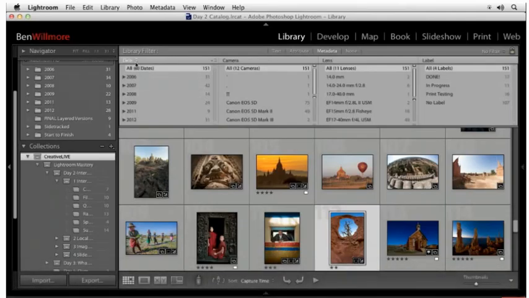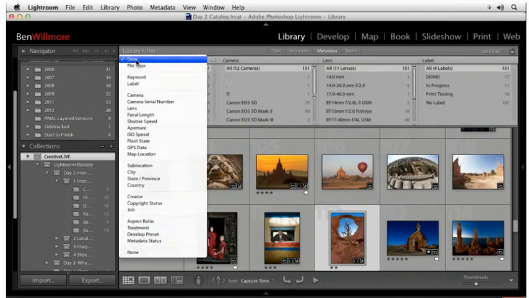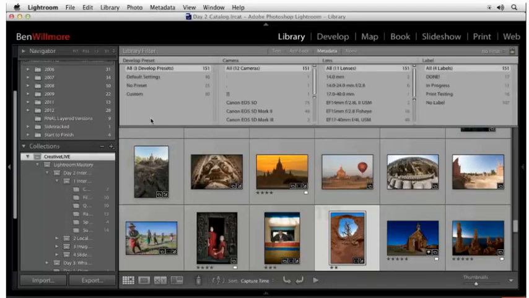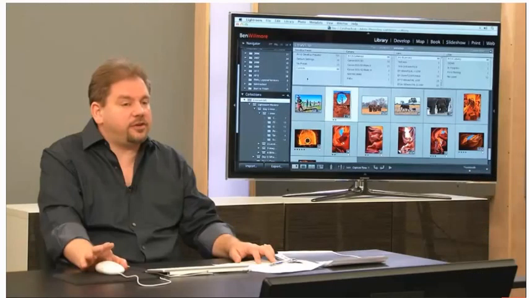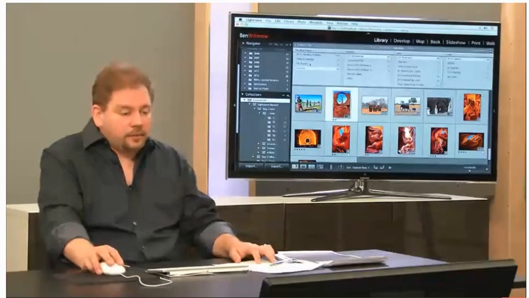And what I want to do is change this date column. I'll just go right up to the heading called date. When I mouse over it, I'll find a double arrow right next to the word date, and I can click to choose a different kind of search term. And what I'm going to set this to is, if I can find it, develop preset. And that's going to tell me in here how many images have default settings, and how many images have no preset, how many are set to custom. Custom means I manually adjusted those images. So I know that those images have been refined in some way. I can also come in